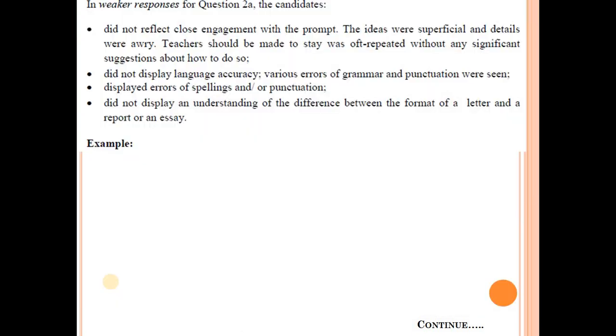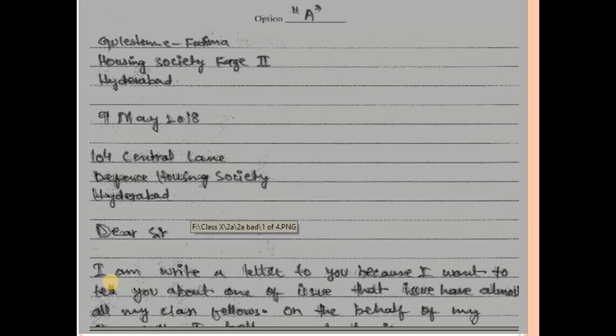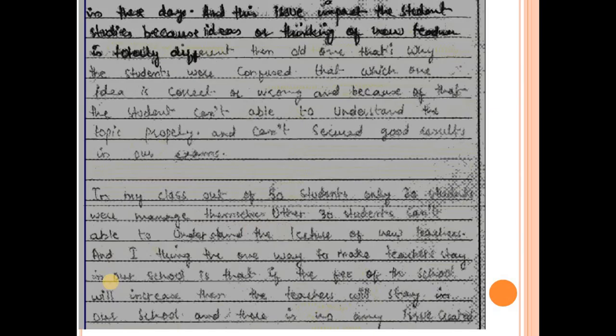Another response is the weaker response taken from the same Al-Khan board paper for the e-marking section. You pause the video and look at this response. There are so many flaws in the weaker response. Number one, the flaws in grammar, the flaws in language, the flaws in format, flaws in selection of ideas, flaws in justification, flaws in punctuation, and flaws in connecting the ideas. You can pause the video and check the flaws here. That is homework for you.